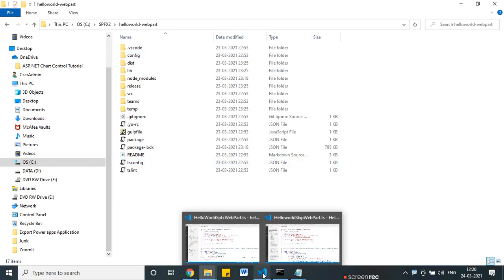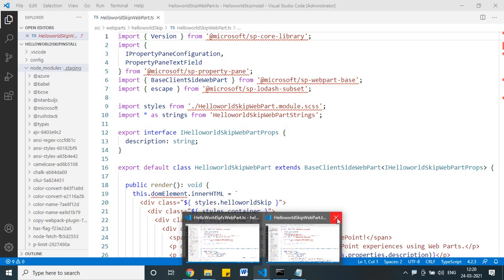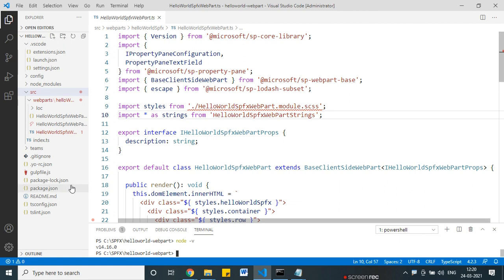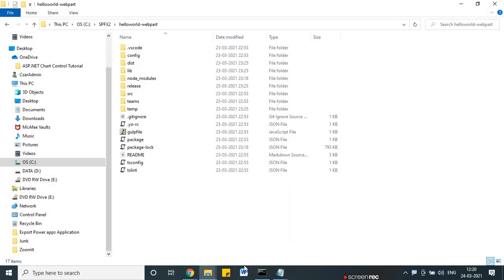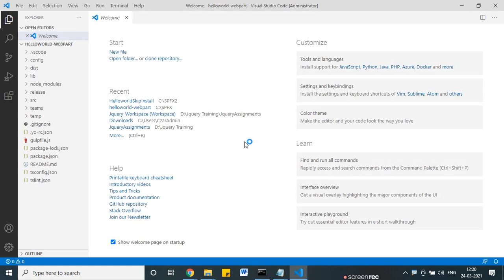Okay, I will open it in my command window. That one is also open in a command prompt. I'll close this one, I will close this as well for your better understanding. So I'll say code dot. Okay, it will open in Visual Studio Code. So, if you want to add an additional project,